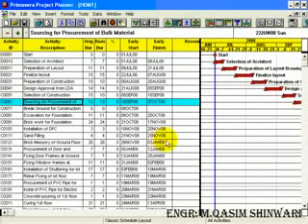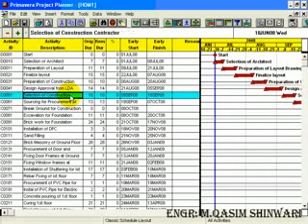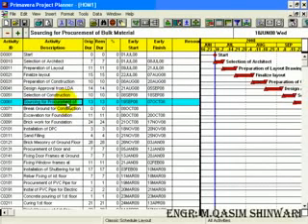So let's do this. You can observe that the activity C0051, which is selection of construction contractor, and C0061, which is sourcing for procurement of bulk material, both of these